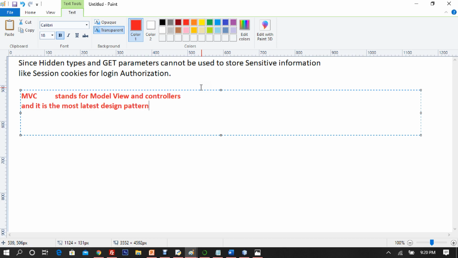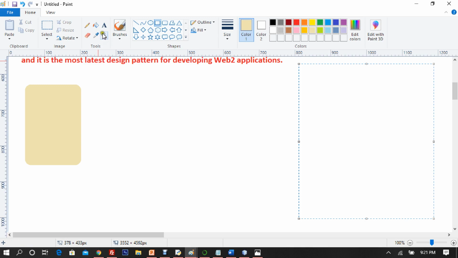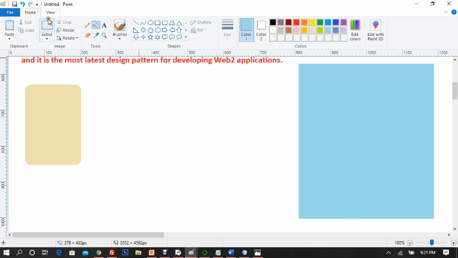design pattern for developing, right, web 2 applications. Web 2 means modern style web applications, right? And to understand MVC, we have to understand the logic of request and response here, right? Because theoreticals is what makes your base, right? If you do not understand theoretically what is happening, then there's no fun of doing practicals, right? Because those practicals are going to be on the basis of assumptions then, right? So you'll assume that this is happening and that is happening,